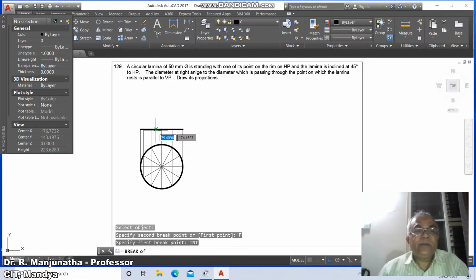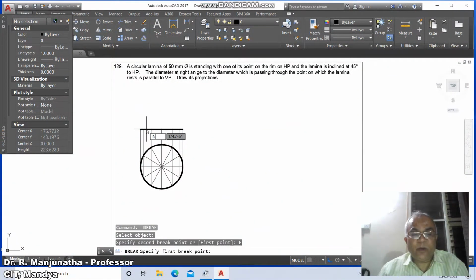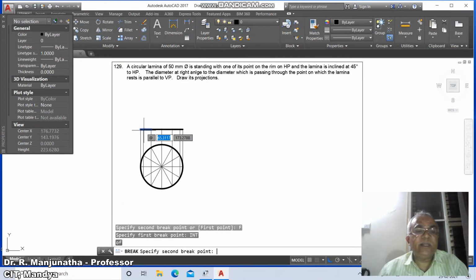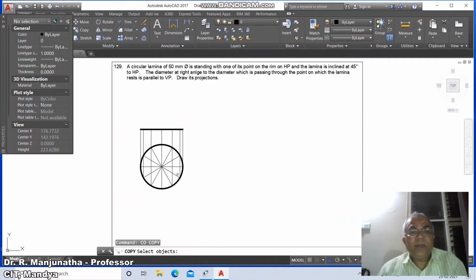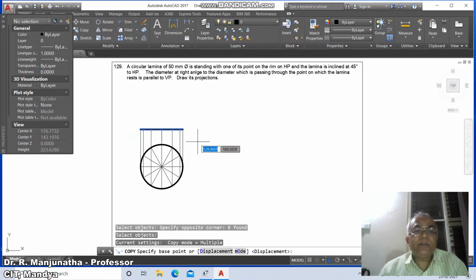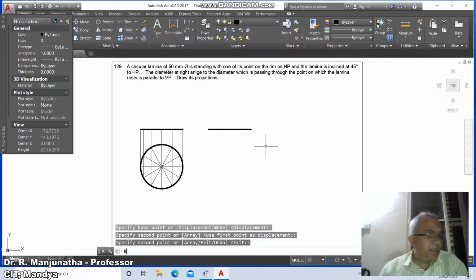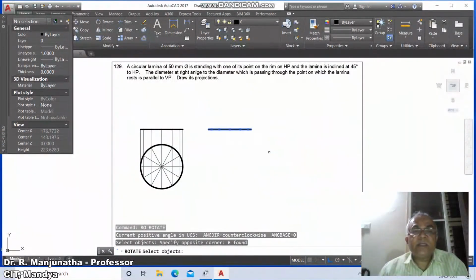Similarly, for the first point, take the intersection point of this and say @ to break. Once you do that, go to copy, select this and copy it to the next position, and then go to rotate, select this and take the end